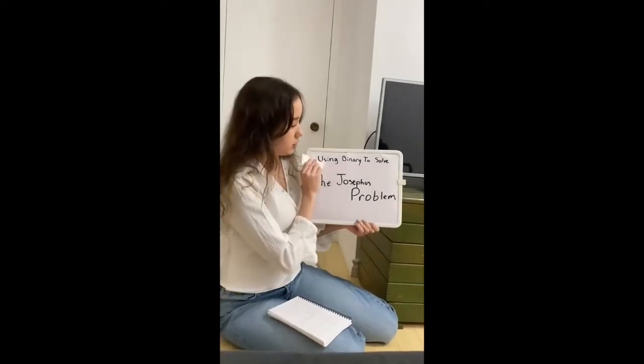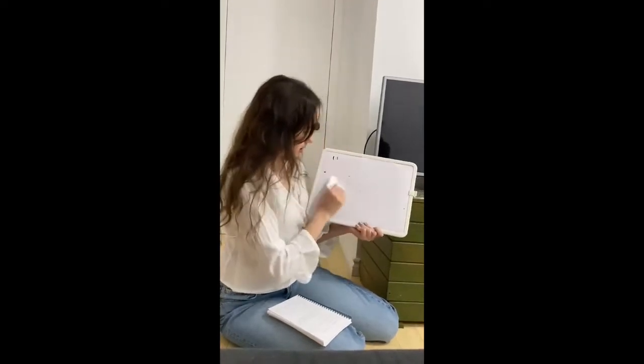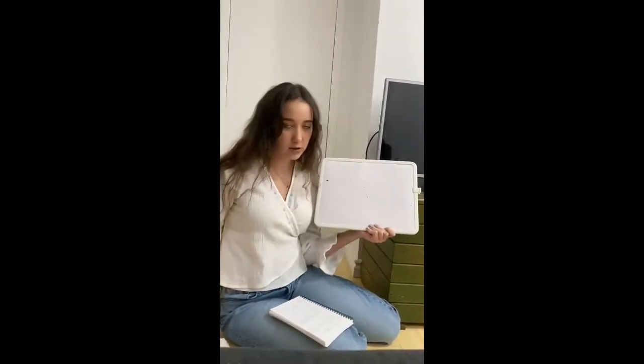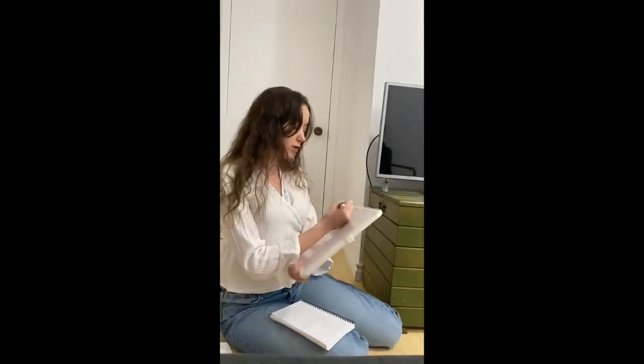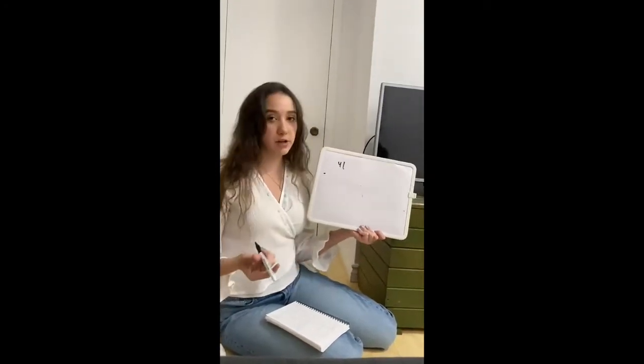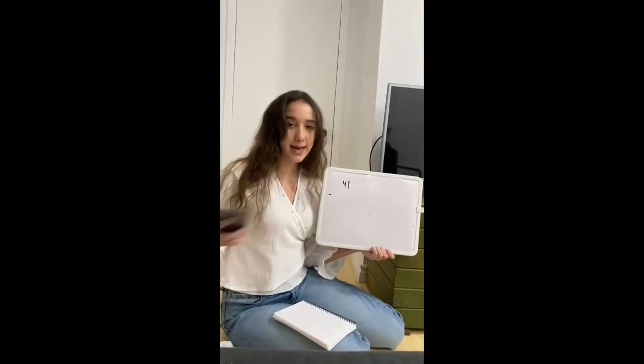So another way that you can solve the Josephus problem is by using binary. The way that we're going to do that is, let's say that we start with the number 41. First thing that we're going to do is convert this into a sum of powers of 2. The way that I usually do that is I take a calculator and test out